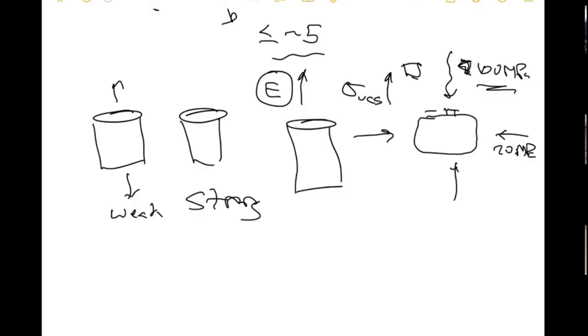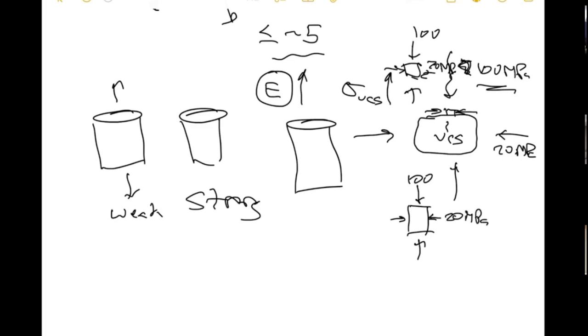Now think about this region, this part of the area. This one on the surface is getting squeezed. It's kind of like a UCS test because there's a free surface. But this one up here is getting loaded with 100 MPa and here with 20 MPa, far away from the excavation. Okay. So think of if I had a rock sample sitting like this with 100, I'd get a certain UCS. It's free. I'd get a certain strength. But now if I take that same sample and squeeze it, let's say with 20 MPa, what do you think I'm going to measure in terms of the strength?